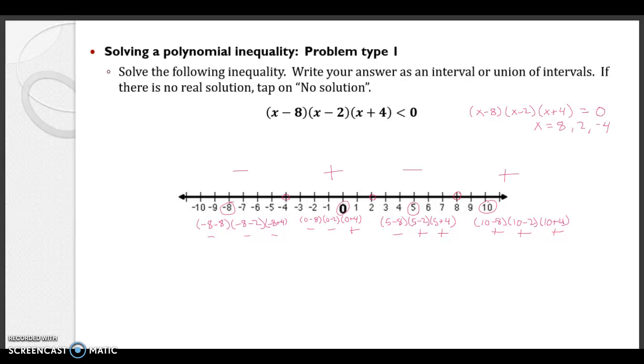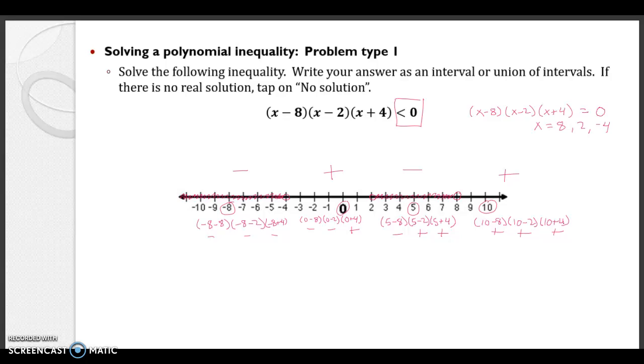Now what do I mean by positive, negative? What does all this mean again? Well, my output within this interval of x values gives me a y value that is negative, or my graph is below my x-axis. That is what I wanted, because I wanted something less than 0. So my answer is going to go from -infinity to -4. And then the only other interval where my outputs are negative or below the x-axis is from 2